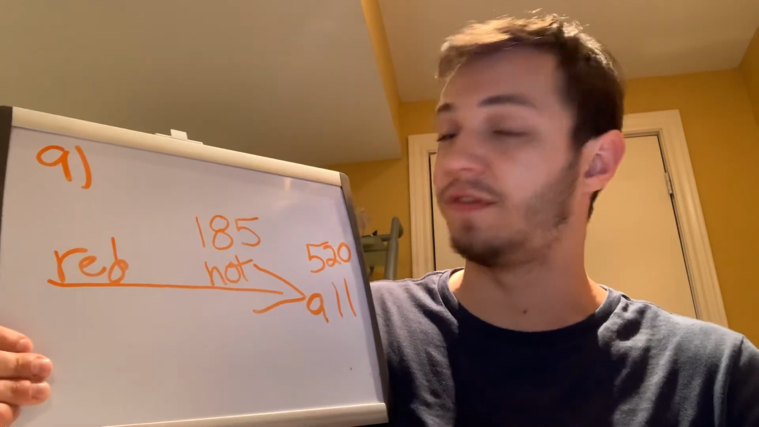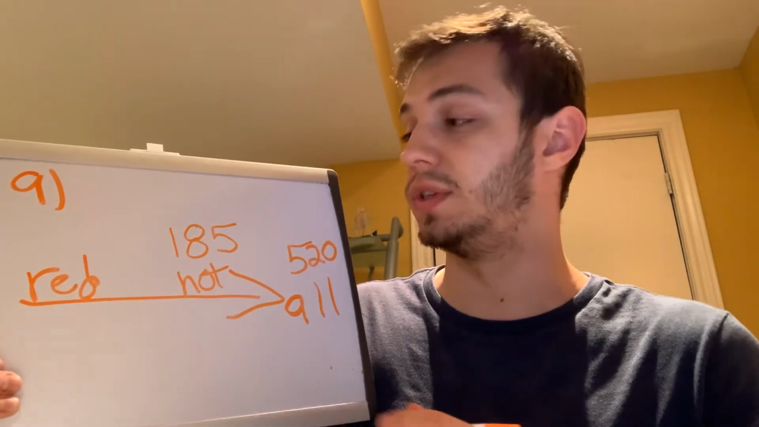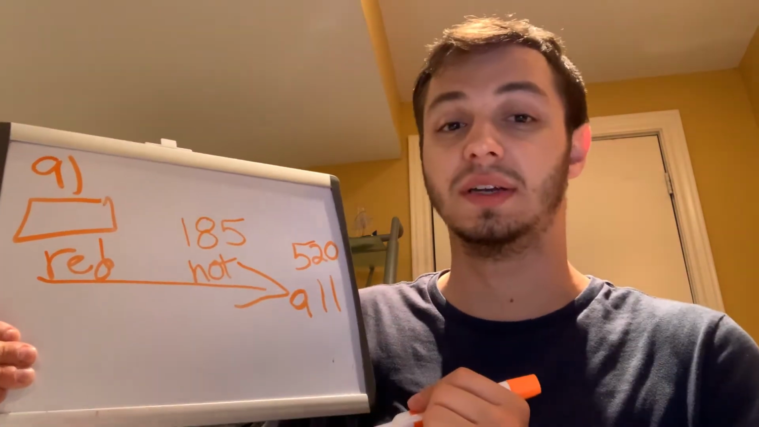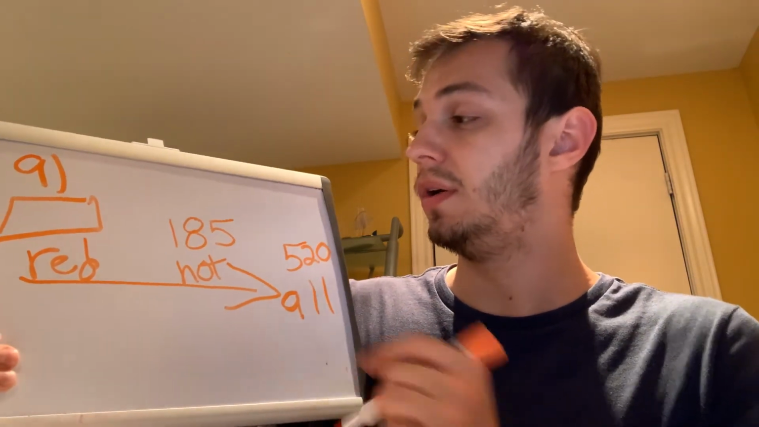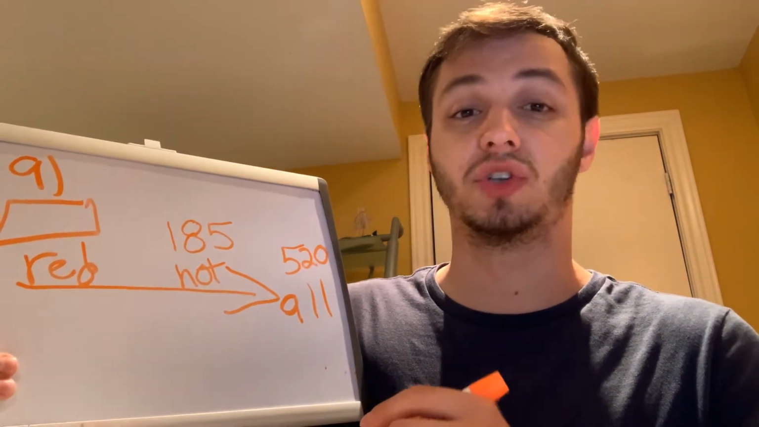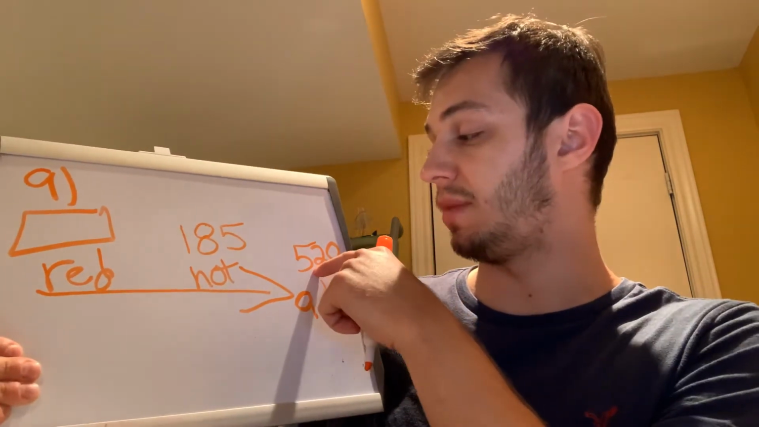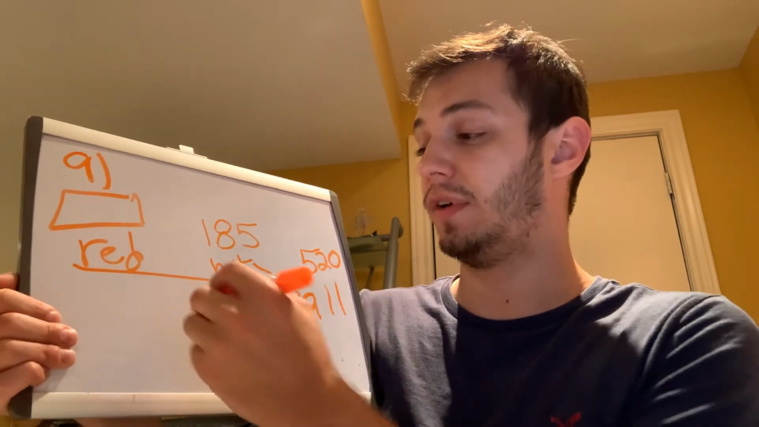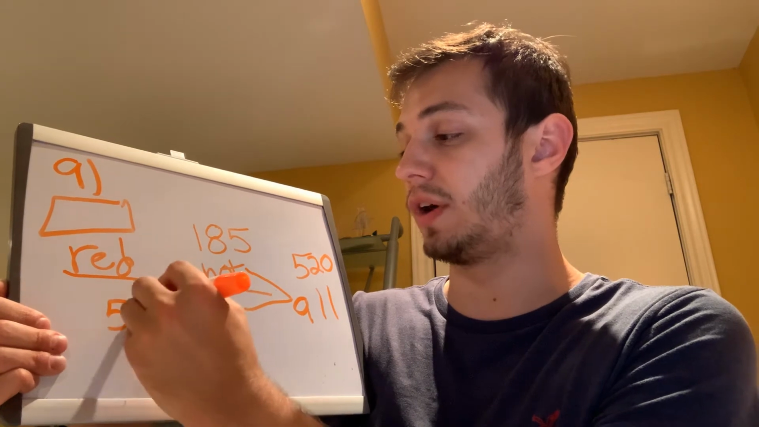So what we have to figure out is how many roses were red. So I'm going to put a box here for our missing number, right? This is our small number. That means we're going to have to subtract, right? We're going to subtract 520 and 185. So make sure to show all of your calculations,